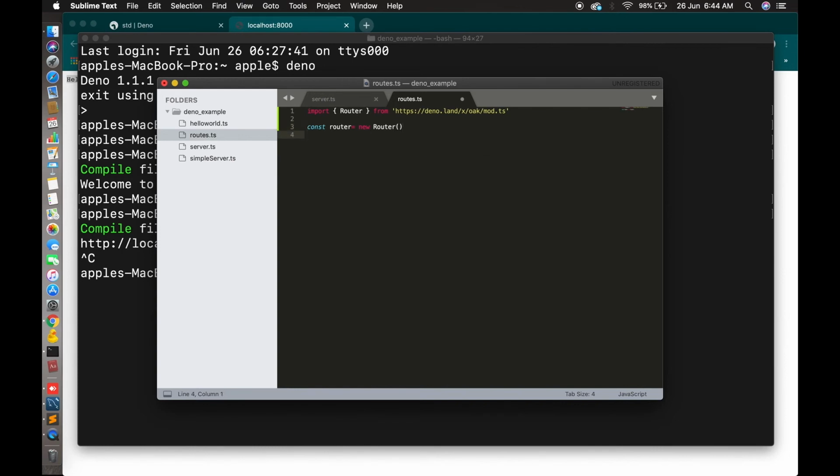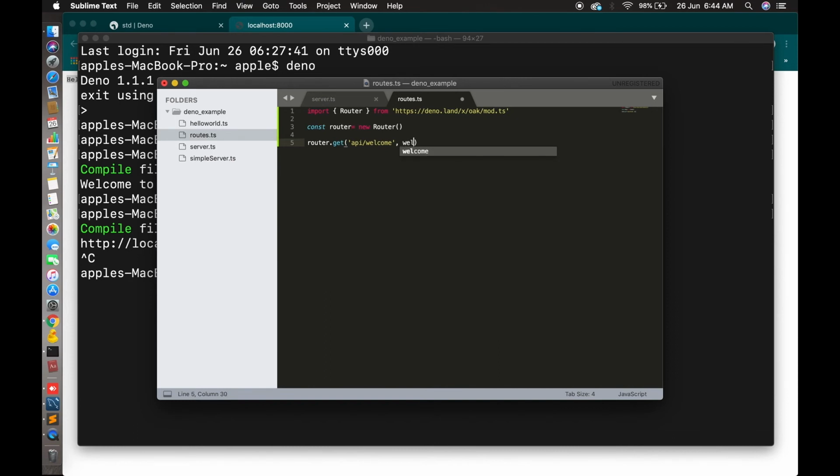Yes. So now we will make a router.get. The path we will create is slash api slash welcome. This is the path where you will call your API.